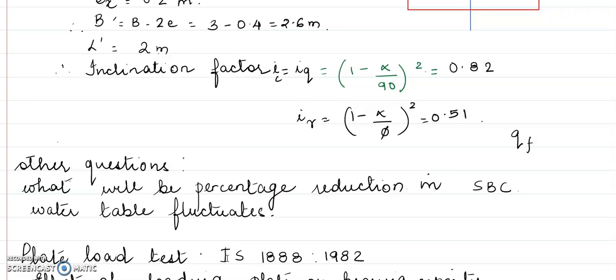Then in some cases you may be asked to use those fundamental equations to determine gamma. How do you determine gamma? So e may be given, porosity may be given. You may be asked to find void ratio. How do you find void ratio from porosity? Like in some problems, they've given porosity, so you find out e is equal to n by 1 minus n. So once e is given, they may give you specific gravity.